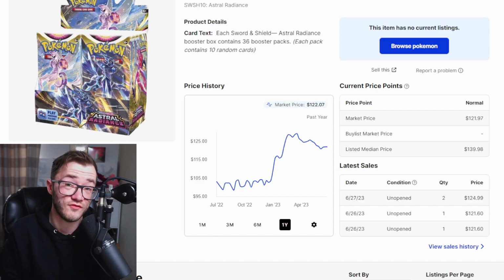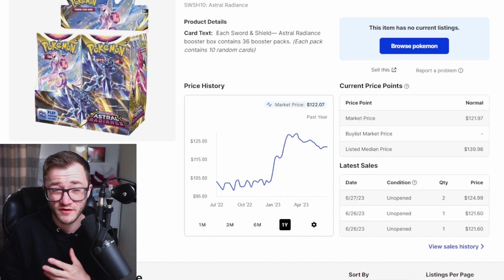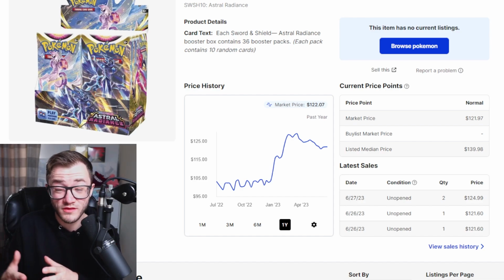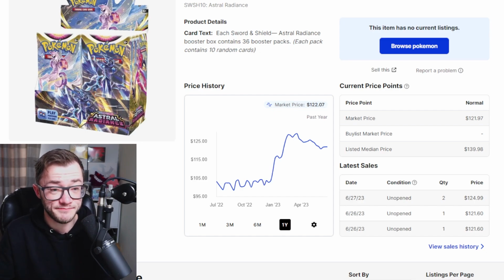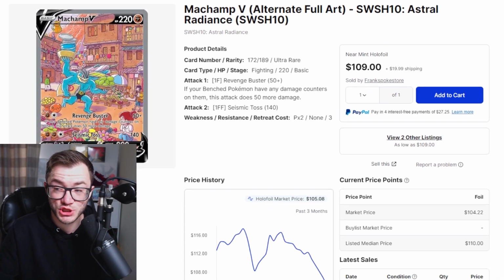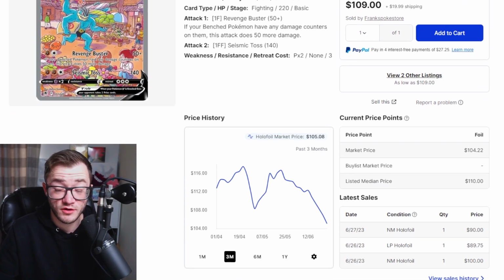I don't think they're going to reprint this. I kind of feel like it's probably the weakest out of the 4 trainer gallery sets. I probably feel like it's probably one of the least opened and collected in between all 4 of those sets, to be fair. Then we have the Alt Art Machamp coming in, and he's still sitting pretty at over $100,